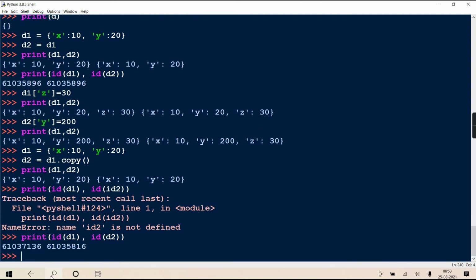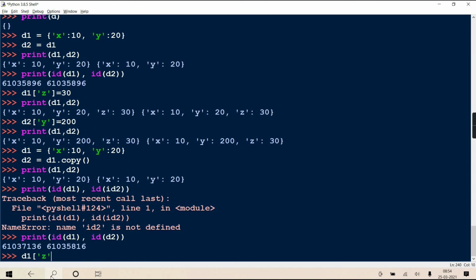Now, can you see whether both have the same address or different addresses? They have different addresses. They don't have the same address. As the address itself is different, it proves that when we create a copy, the reference is not returned. It allocates completely new memory. And in that new object, the content of D1 is kept and the address of that new object is returned. And changes you do in any one won't affect the other.